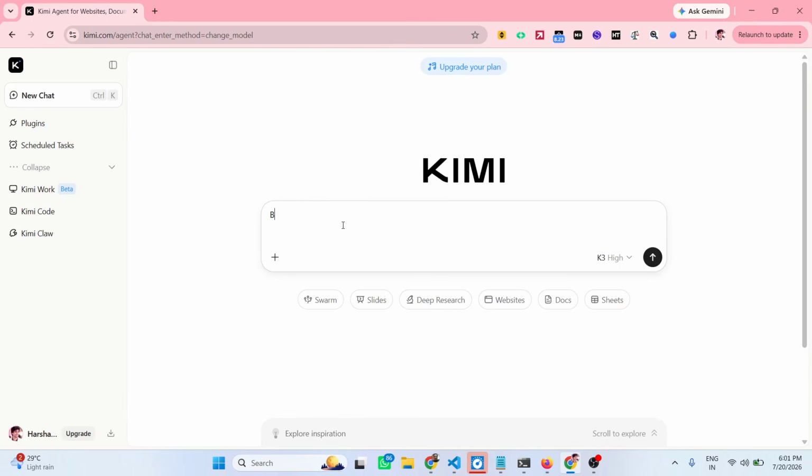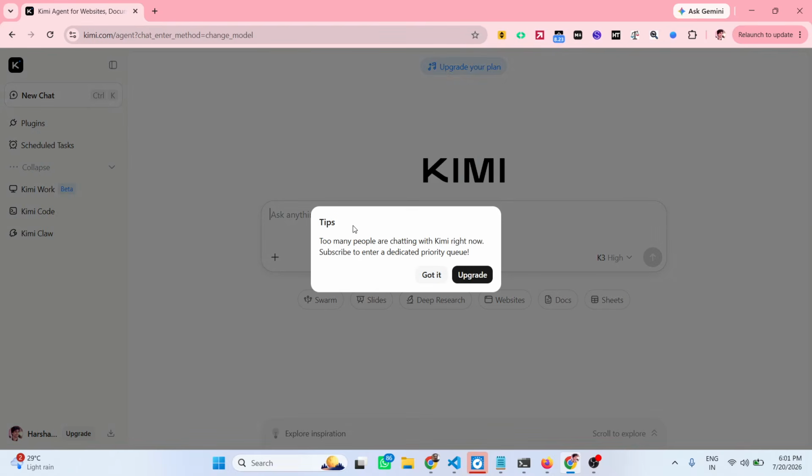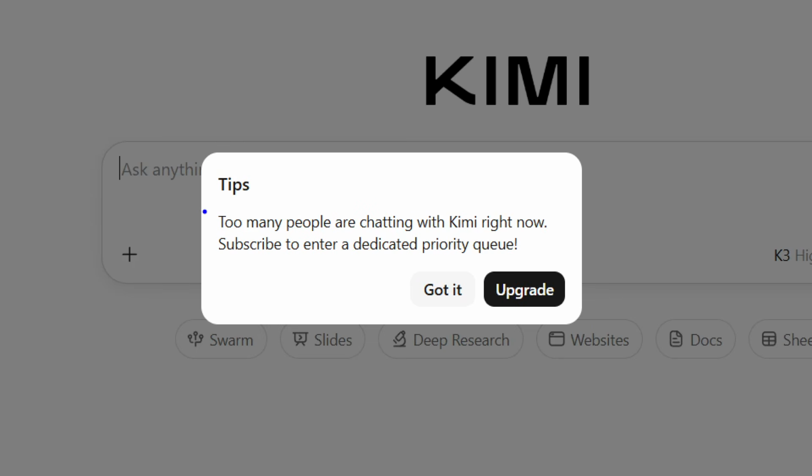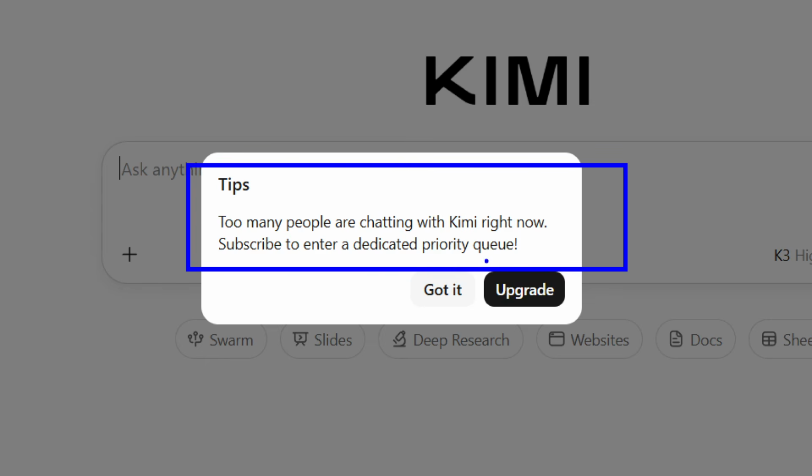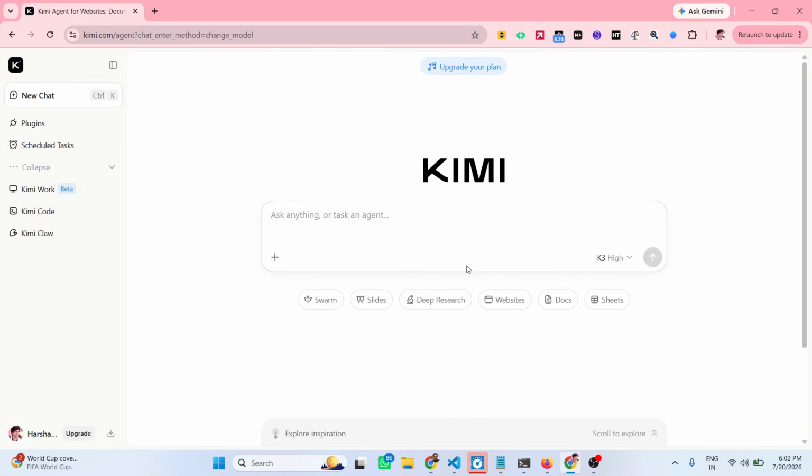Directly you specify what sort of task you want to perform. Let's suppose I want to build an image to PDF web app in the browser. As soon as you type this, sometimes you can get this message: too many people are chatting, because it's completely free. They do have a paid plan as well. You can subscribe to enter a dedicated priority. So if I type this,